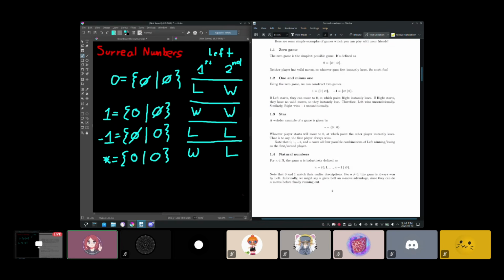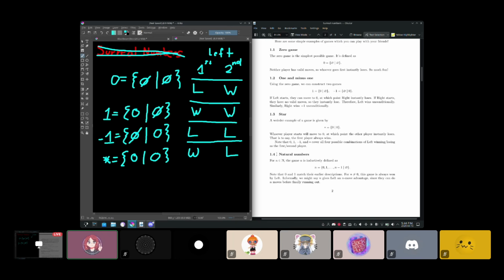I think I'm gonna continue. So, these are the four canonical examples of games. I have the word serial numbers here. These are not serial numbers yet. We'll get to that in time, but it might be a good idea to go over a few more examples of games.